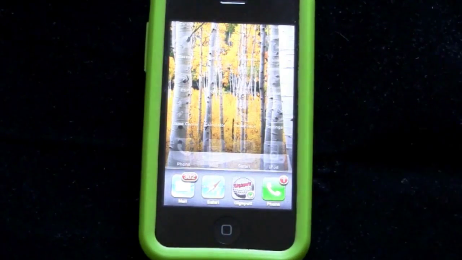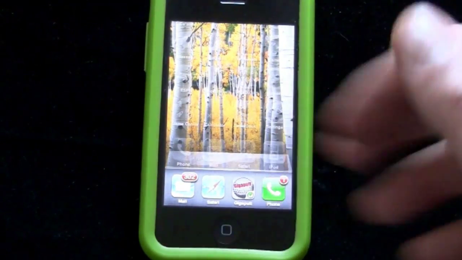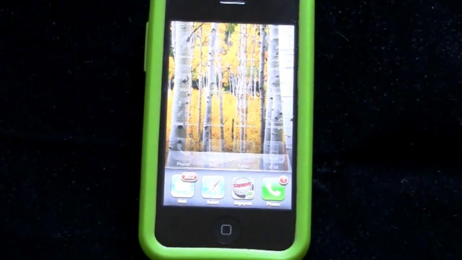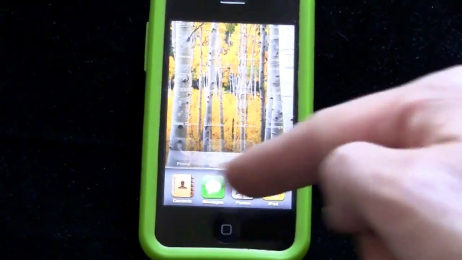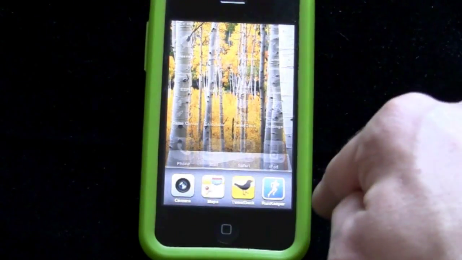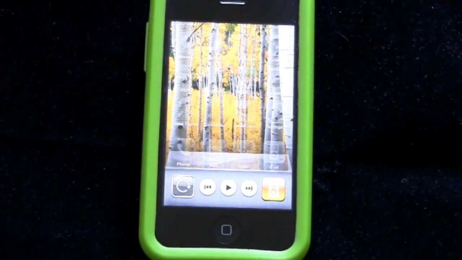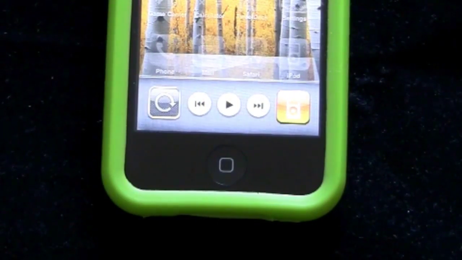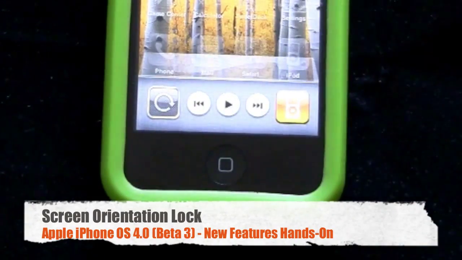So that's kind of the first thing, is multitasking and this new sort of drawer of applications that emerges from the bottom when you double-click the home button. Now, if you scroll, swiping to the left will bring you more of the most recently used icons. Swiping to the right will bring you this new little widget that controls your iPod and also does screen orientation lock. Screen orientation lock on an iPhone,